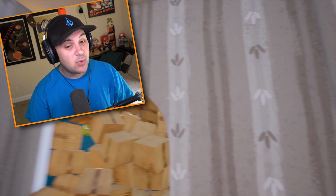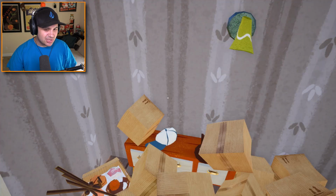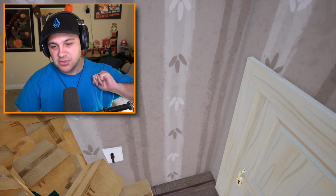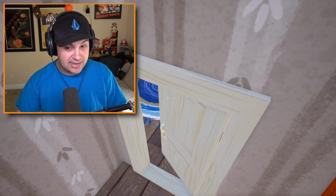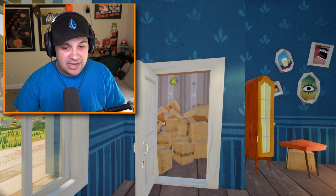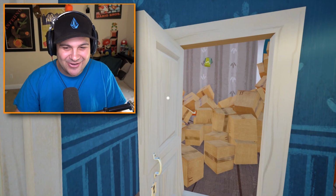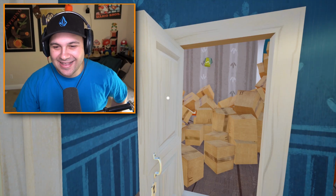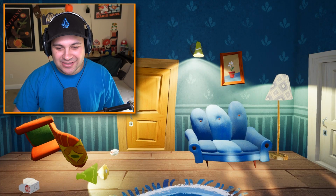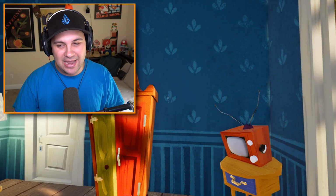And it probably never will because I'm gonna put even more boxes in this room. You know what, actually, I'm not gonna put more boxes in this room. And my reasoning is this. If we add too many boxes to the game, because we are adding more boxes, I mean, it's already a picture book. I'm getting like 4 frames a second, if that. So I think that we should try to minimize the amount of boxes that we're spawning, if at all possible,